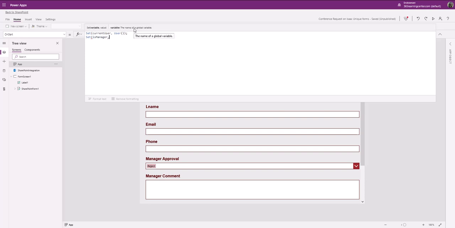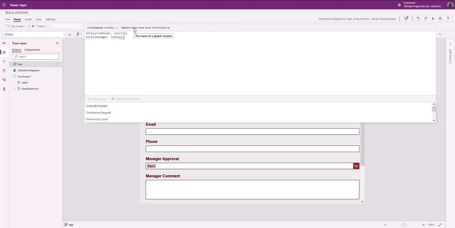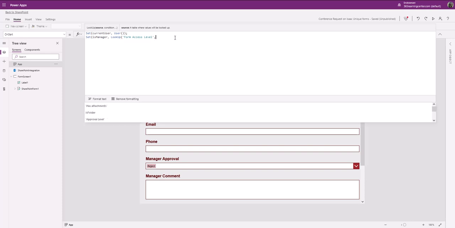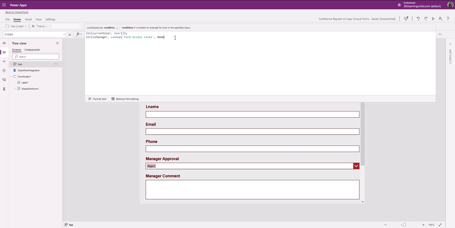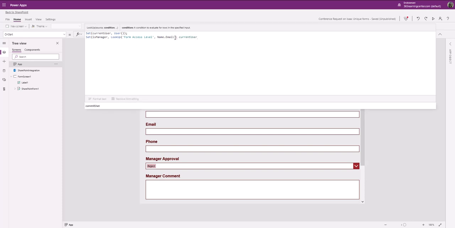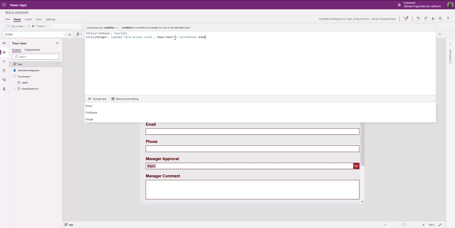So let me come back here. So I'm going to create a variable called isManager, and then I want to do a lookup into my form. There we have it. So form access. It wasn't suggesting that before because I didn't have this semicolon up here. And then where name.email is equal to current user dot email,